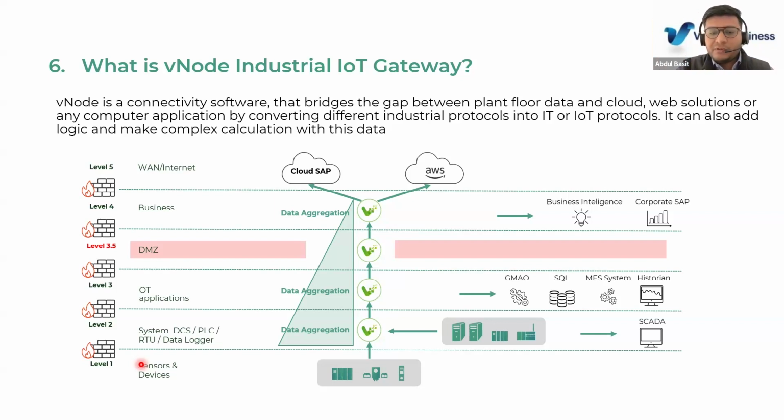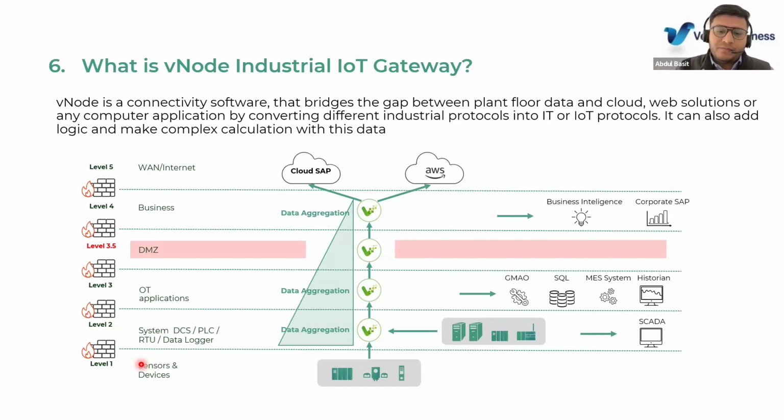For example, at network level number 1, you want to collect the data from your devices. At network level number 2, you want to push to a SCADA. Then you want another network level in which you perform some data calculations and aggregations, and then send the data to an MES system, an SQL database, or a historian. Then you have level number 4, in which you have a business, corporate or IT network, and you want to push the data to a cloud platform, to a business intelligence software,